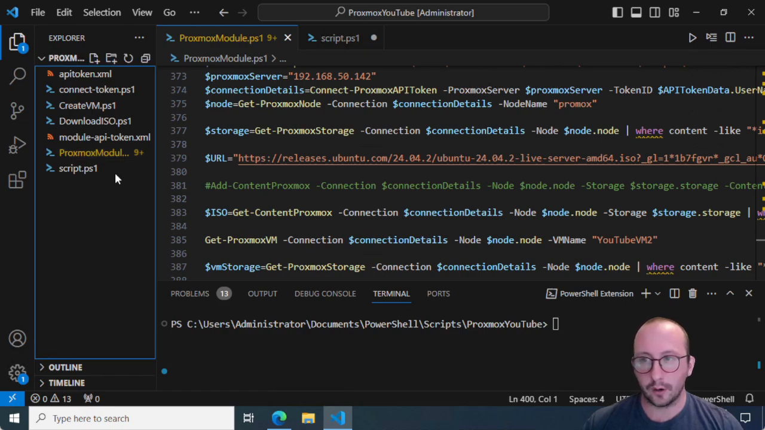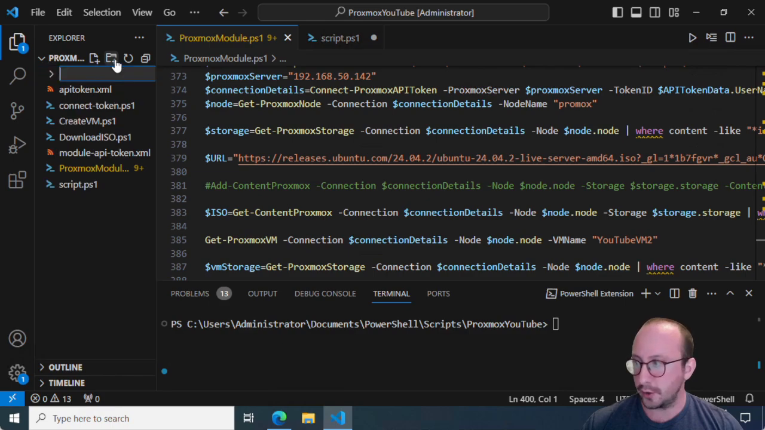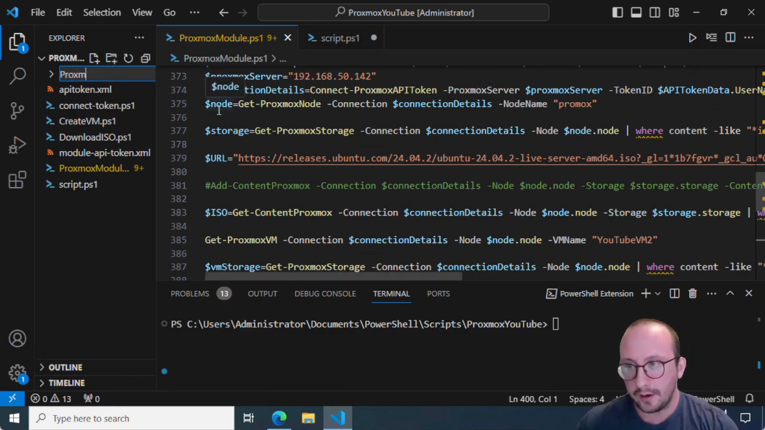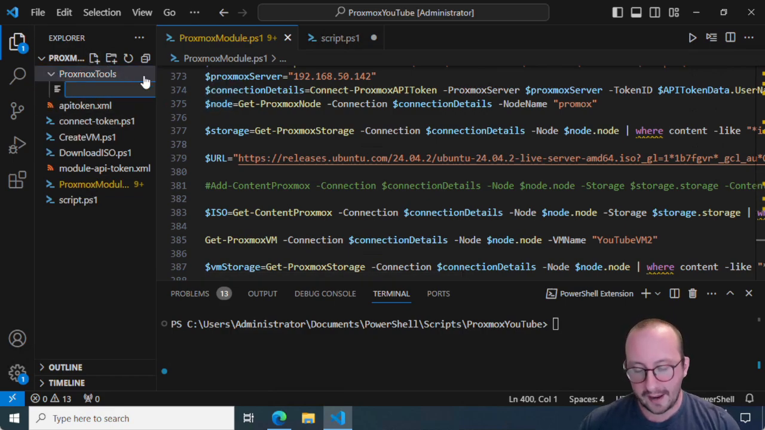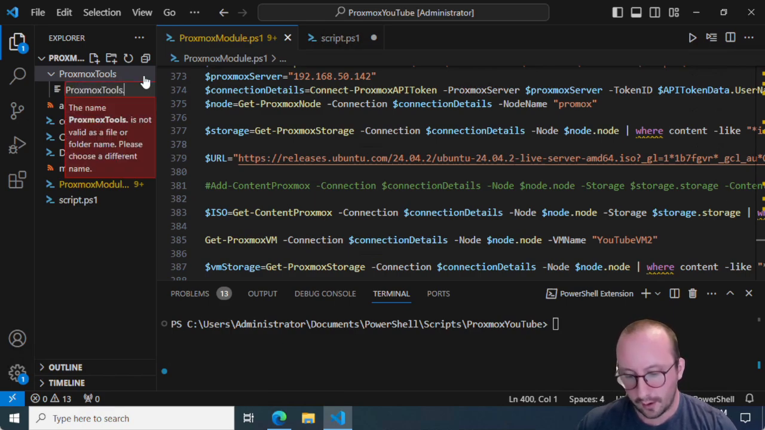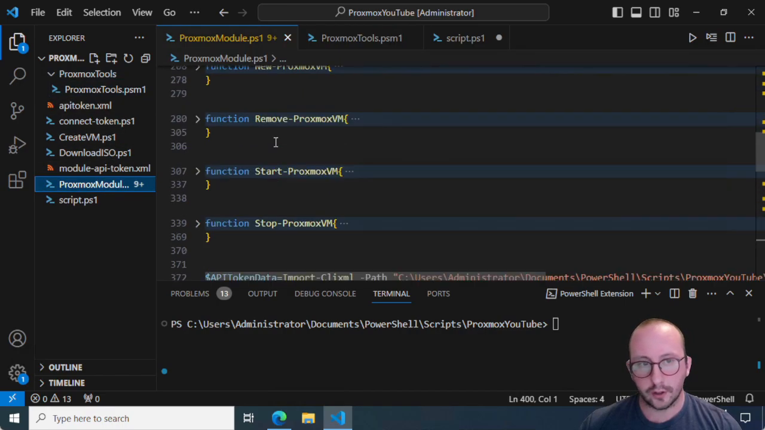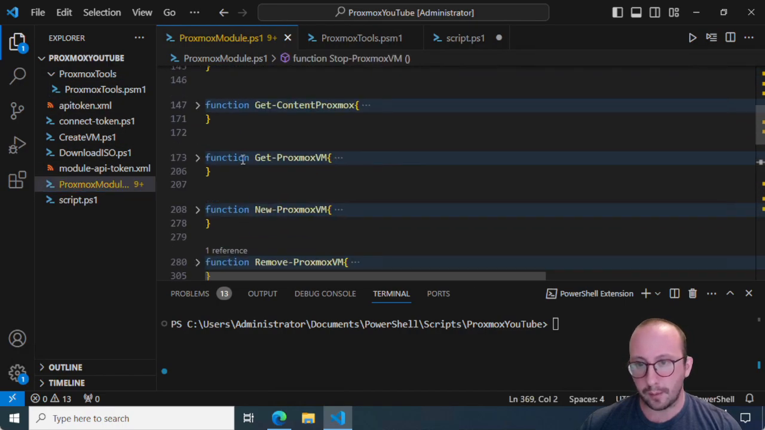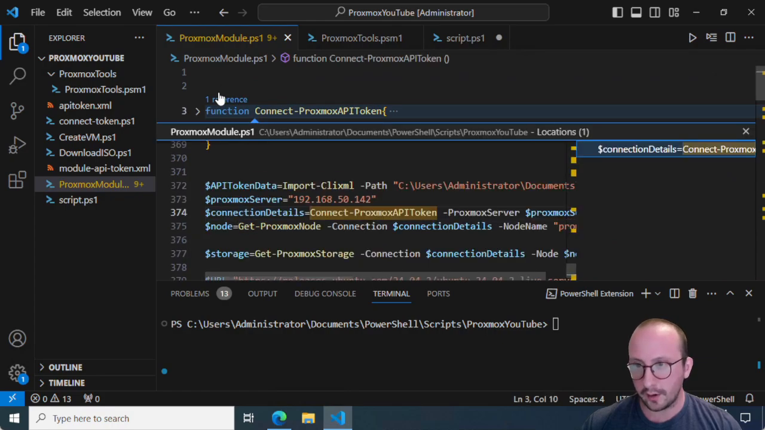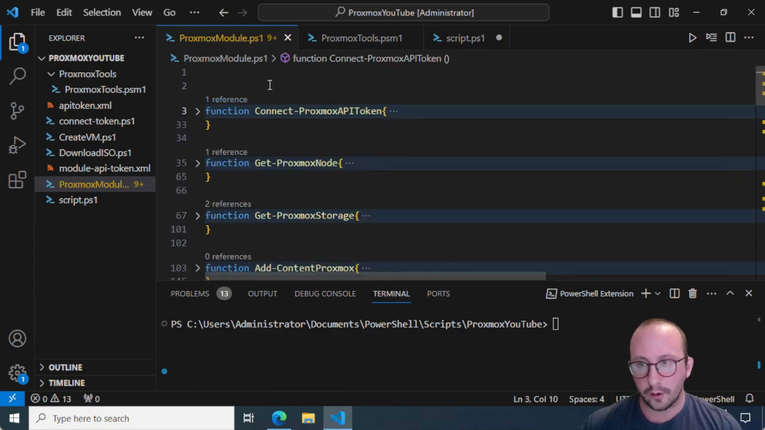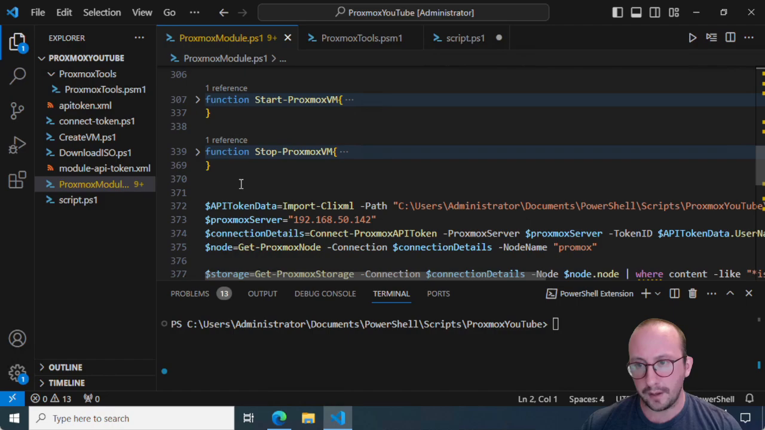So the first thing that we're going to have to do is create a folder for our module. So we're just going to create a new folder here, and I'm going to name that Proxmox Tools. And then the first thing that we have to do inside of this folder is also create a file called ProxmoxTools.psm1. And then we're going to take all of our functions from our PS1 file that we've been working on, and we are going to copy that